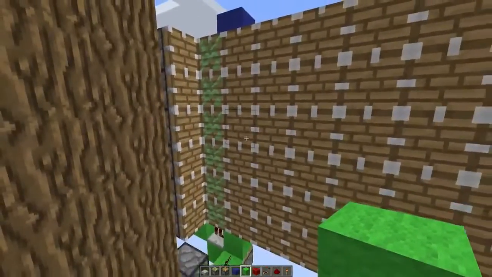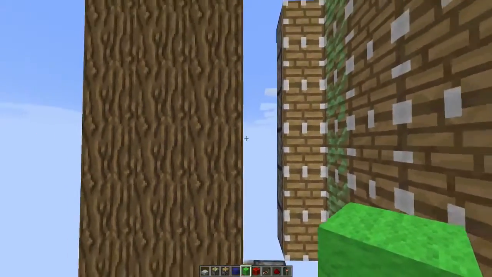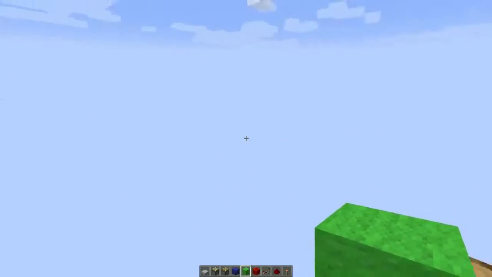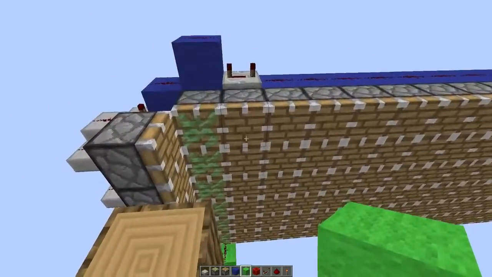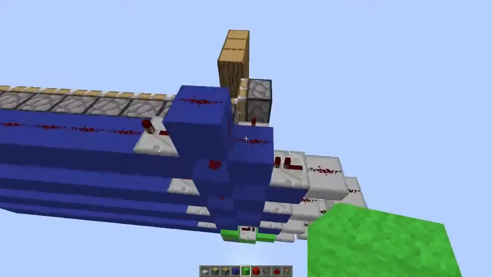Now, however, with this one right here, it will move the block over either one to the left or one to the right. It's going to move it one closer to this right here when it's full. And whenever